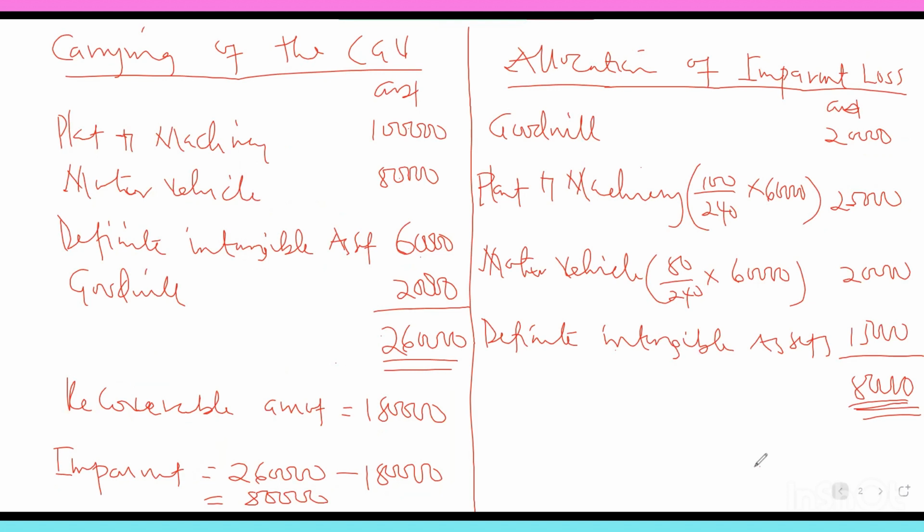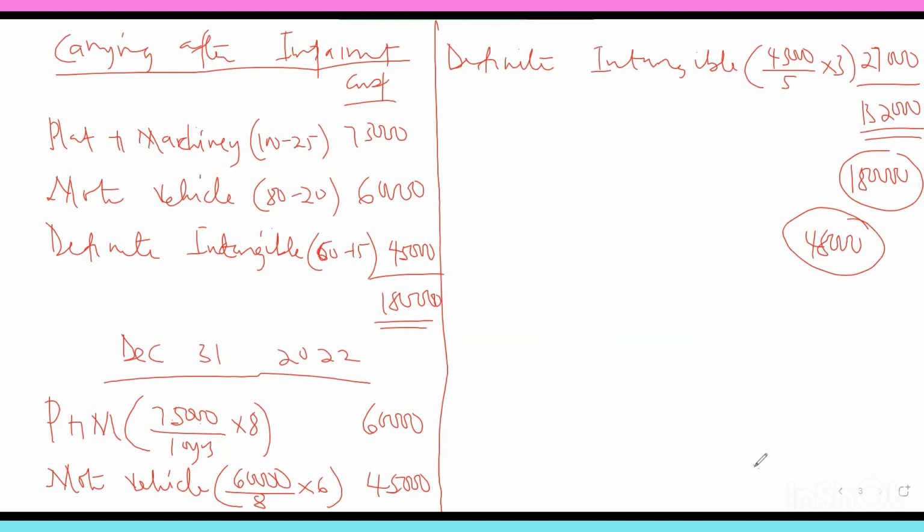Yes. But since we are not reversing goodwill, it means that the impairment recognized on the asset was 60,000. But now there is a reversal, an increase of 48,000. So how do we go about the increase of the 48,000? What you have to do is first ask yourself: